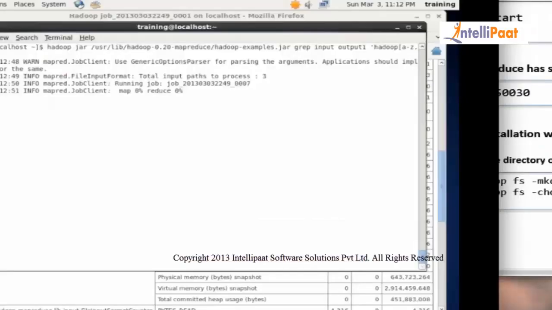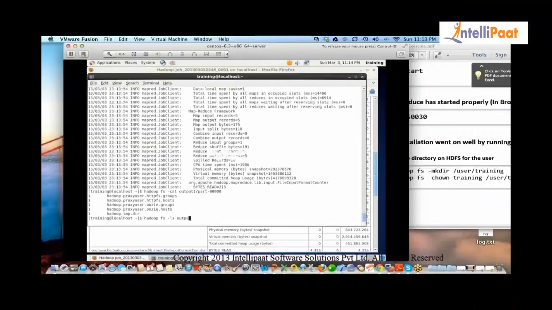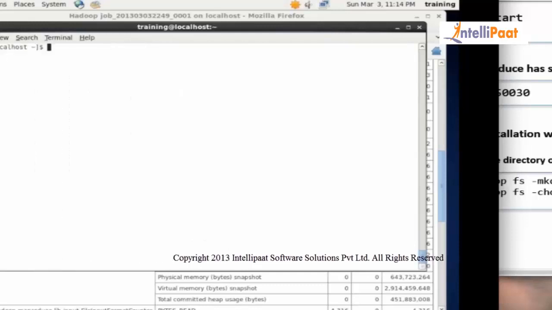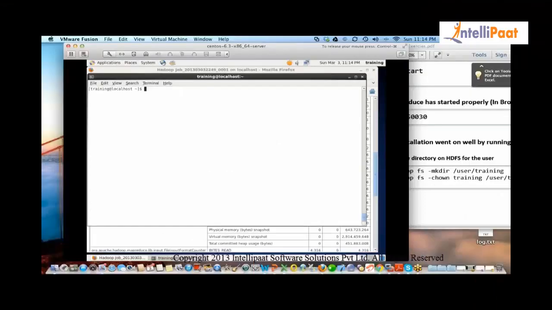Now this will not give an error because I've changed the output directory. It's just going to create another output 1. If you just see this, you will see 3 directories: output, output 1, and input. So we've successfully completed exercise number 2. We go ahead to the next thing, exercise number 3. These are some basic commands which you've already seen. So Hadoop fs ls, what will this do? Tell me.